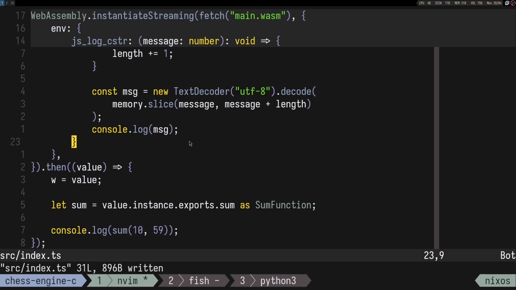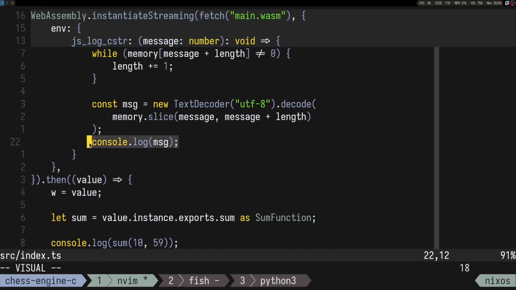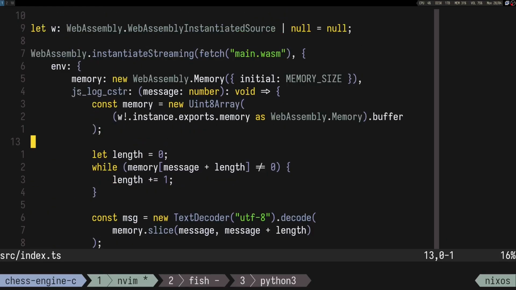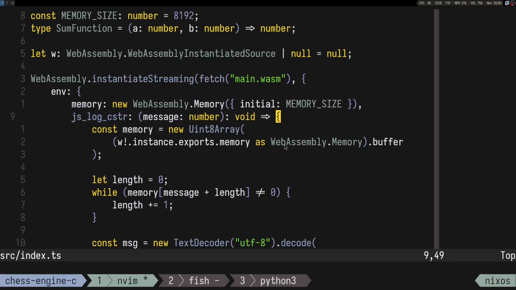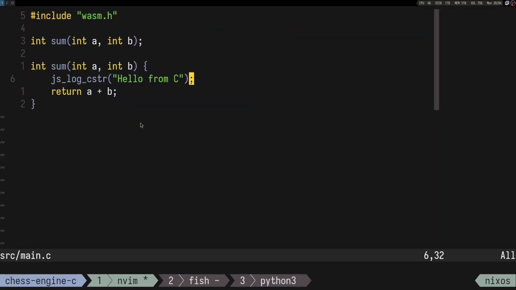So it's not the greatest way to format the messages. But I mean, we can try. At some point we can try to implement a log, like a printf function that actually works. Anyway,